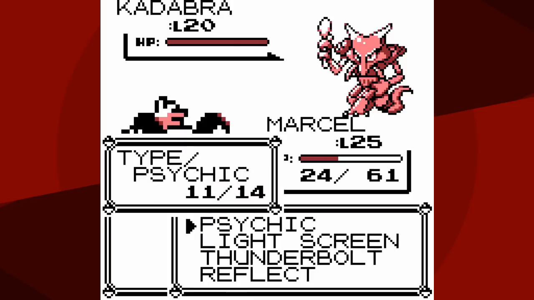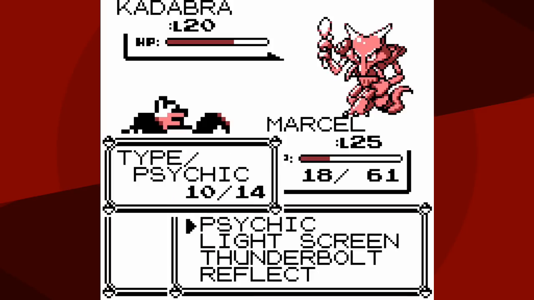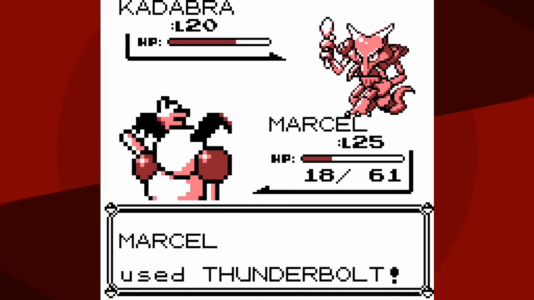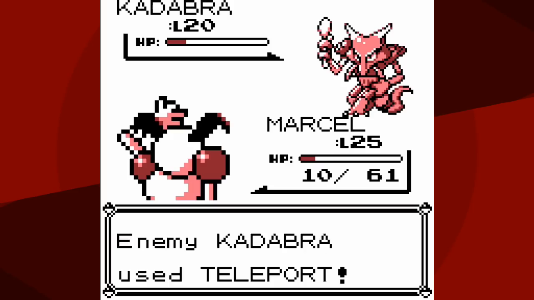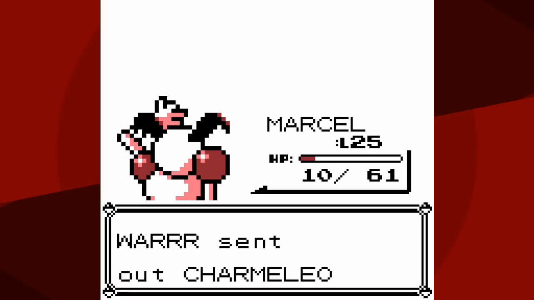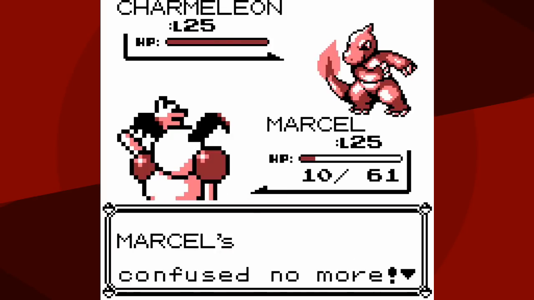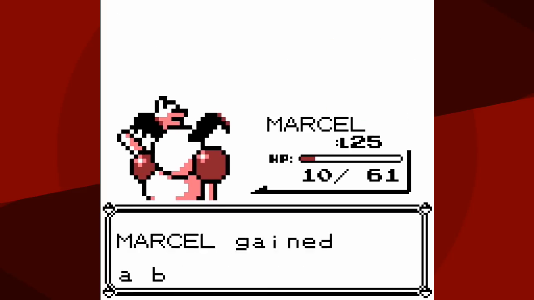It actually confused me. What I should have done is swapped out and swapped back in. I didn't feel like it. I just was like, whatever, let's just be reckless. So I just used a Thunderbolt, it fainted. I had like no health, so this fight shouldn't have been a victory. But Charmeleon, when it came out, decided to use Growl. It is a 2-hit KO, but hey, it chose to use Growl for some reason, and yeah, that was the